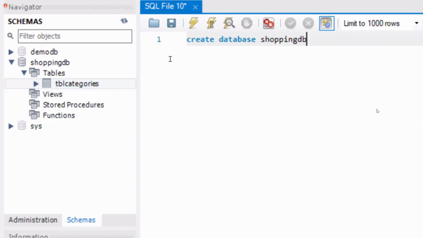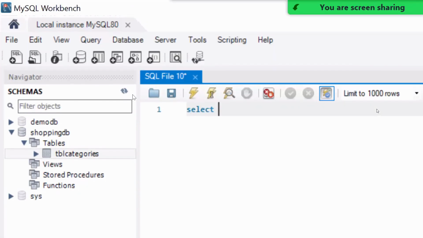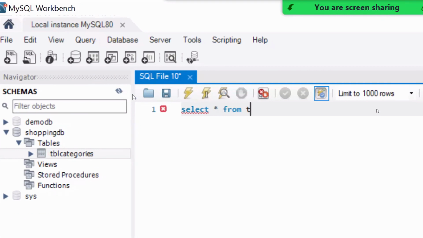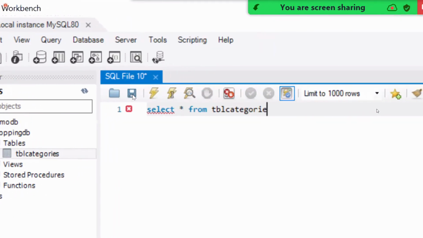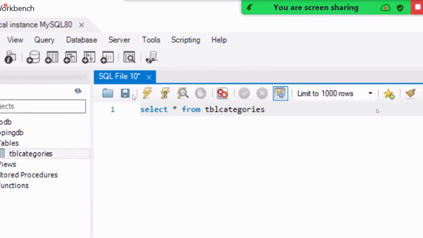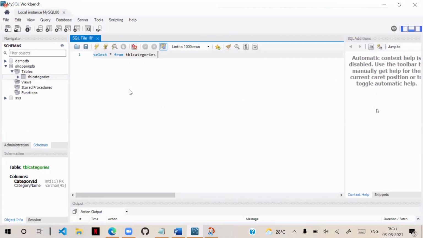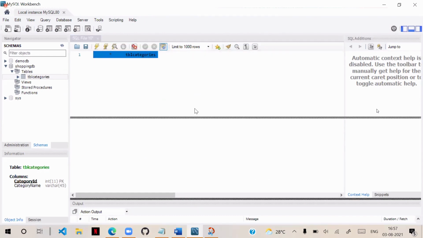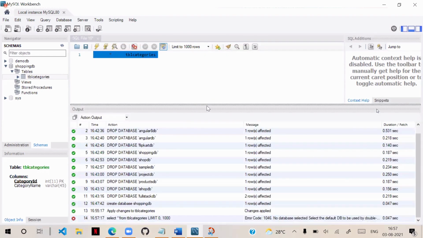We can go to the query. Here we open select star from TBL categories, select it and execute. It will return the result at the bottom.